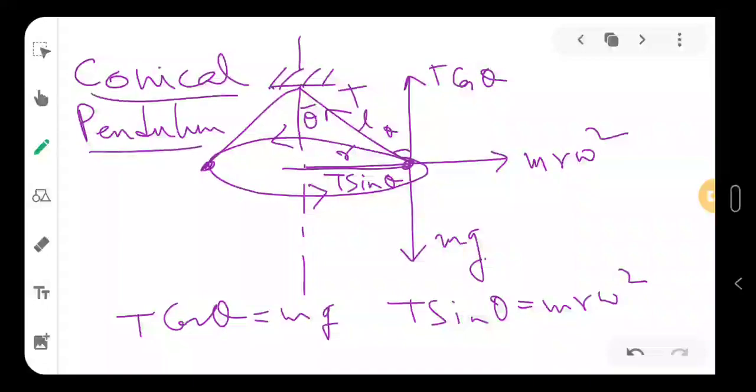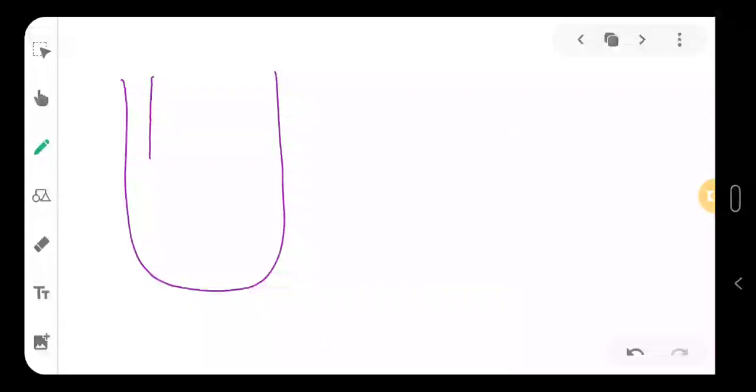So we have talked about the velocity today and the pendulum today. There are so many pendulums, but we don't need so much. One more thing is that we have one more system which comes in your exam, that is U-tube. It is not that YouTube you are thinking about. It is a U-shaped tube where we can put liquid in it.